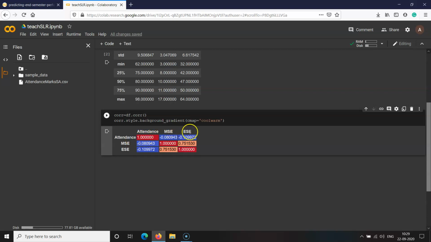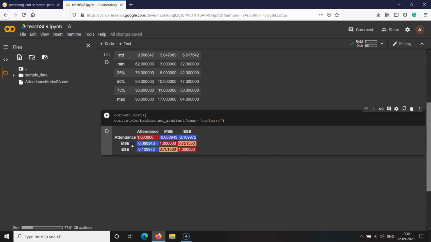Similarly, for attendance and end semester examination also, no strong correlation is present; the value is 0.10. In order to have a very strong correlation, ideally it should be greater than 0.6, 0.7, 0.8 or 0.9. It should be nearer to 1. That relationship is called the strong correlation between the two different variables.